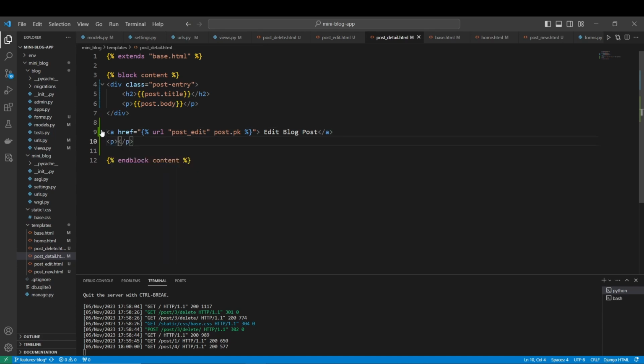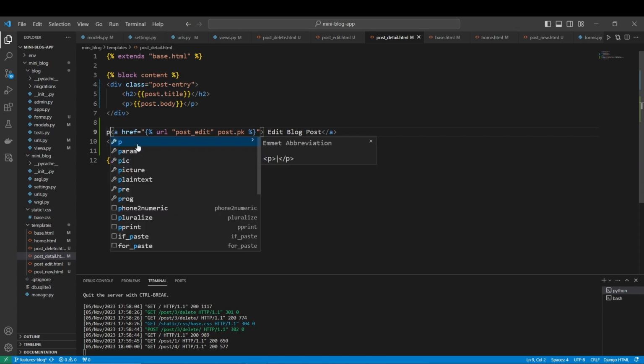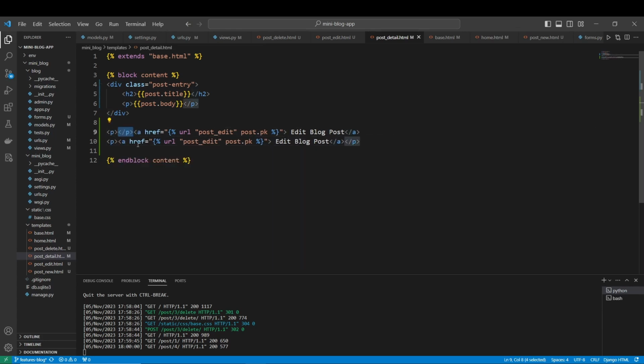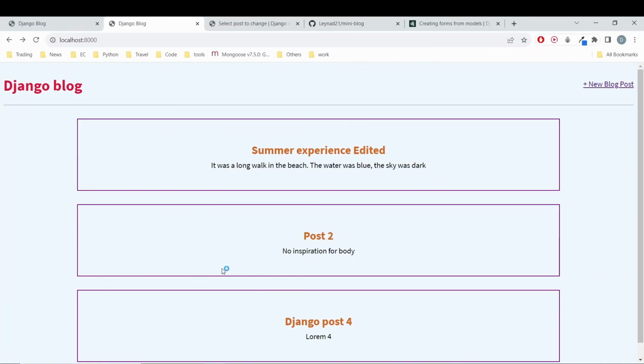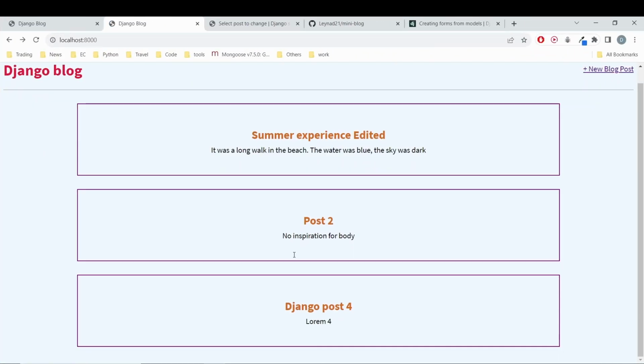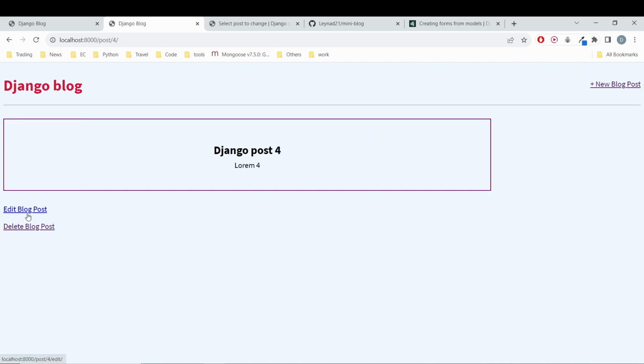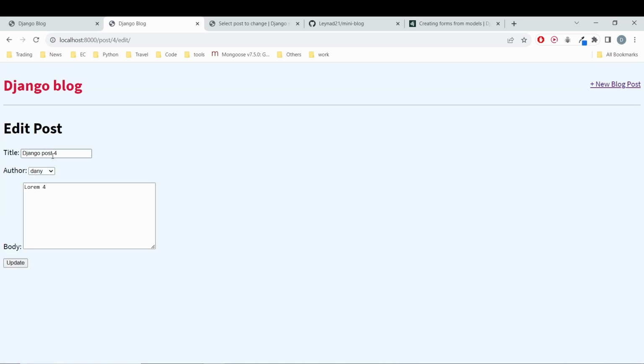That's going to make it in a paragraph, and this one could actually be inside a p tag. Okay, so I have edit post, delete blog post, and this will go to us with the post dot delete. Okay, good. So now we come here, we refresh. We come here, Django post 4. Let's click here, Django post 4, edited,